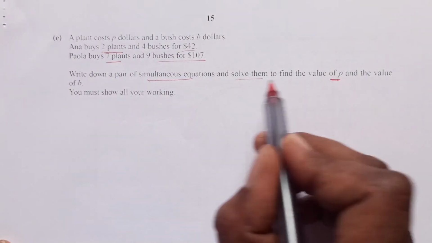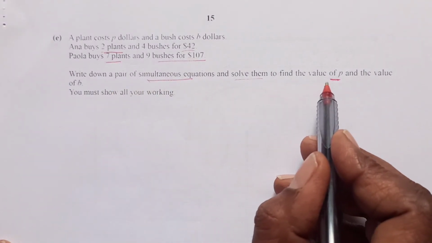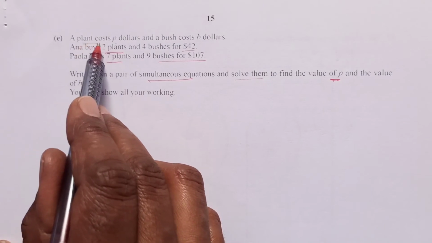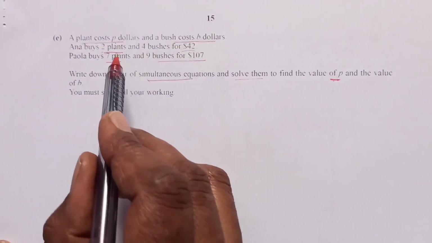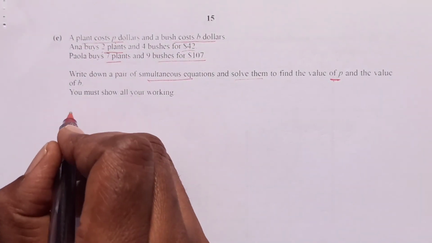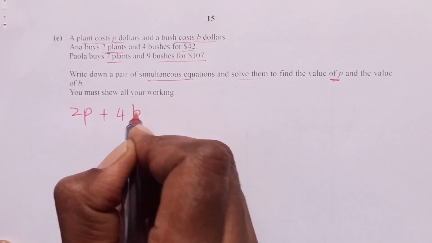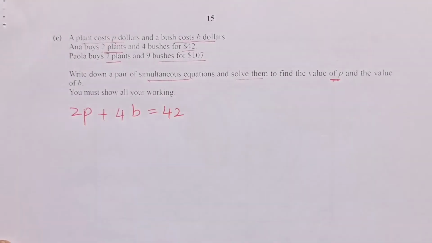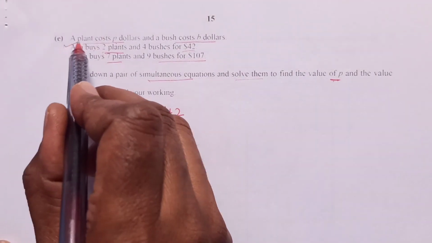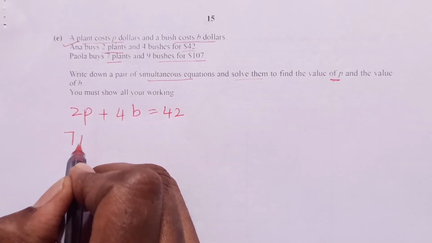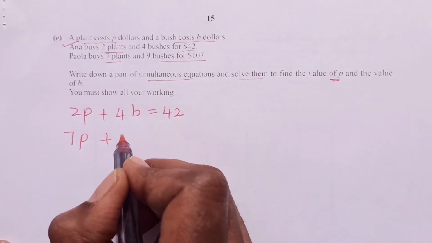So we are given P for plant and B for bush. 2 plants, that means 2P, and 4 bushes, that is 4B, equals 42. First equation. Second, Paulo buys 7 plants, so that means 7P plus 9